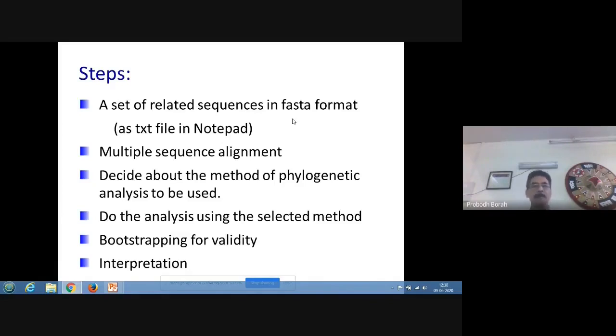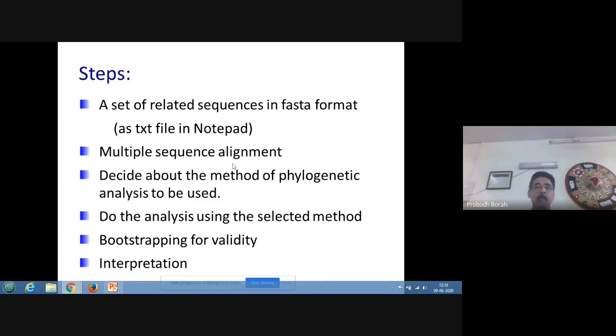that already you have. Then secondly, we need a multiple sequence alignment tool, but MEGA-X or MEGA-10 is a composite tool for phylogenetic analysis. It itself has embedded ClustalW and another multiple sequence alignment tool called Muscle. Both these are embedded within the MEGA software.